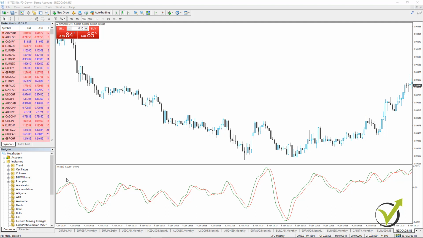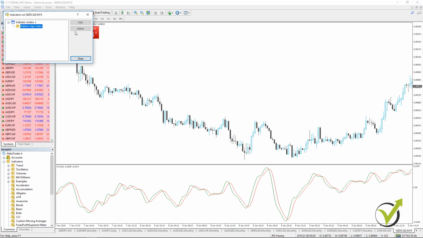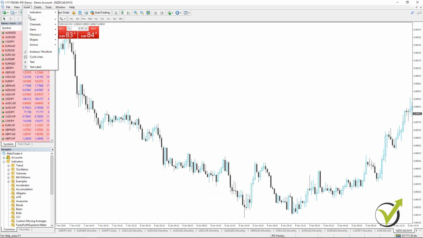Especially in algorithmic trading we don't use these default levels, but we use totally different numbers because we optimize the expert advisors according to the historical data that we have from the broker. Okay, and as you see, there are two lines here with the RVI, or the relative vigor index, which by crossing show us very quick signals. I will remove now the RVI index and I will go to the next indicator,